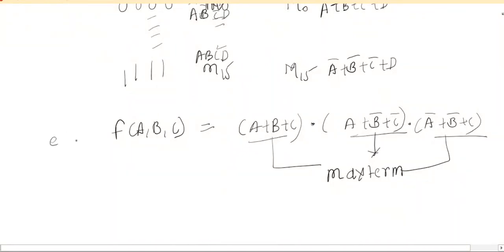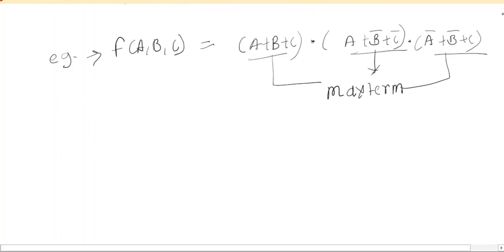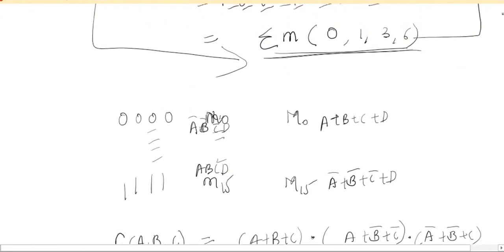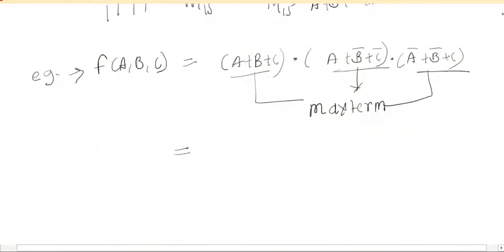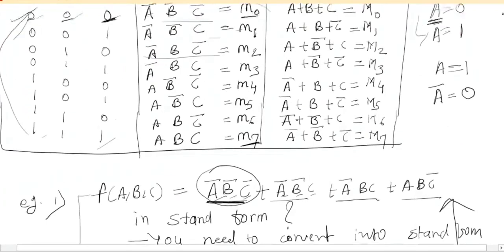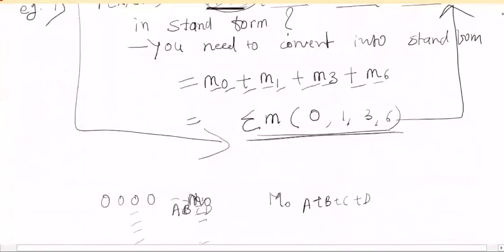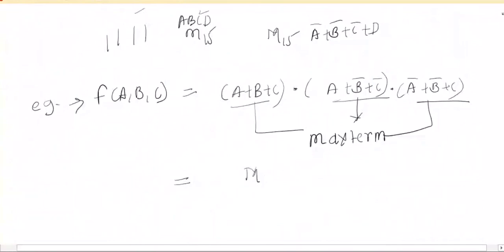Clear? Now again check whether the expression is in the standard SOP or POS form or not. If it is not in the standard POS form, then you have to convert it. But here in this case, I have taken a standard POS expression. Then, as it is a standard POS expression, what is my next step? Same as the SOP form, same as the example we solved earlier. So what we need to do now? Check the max term A plus B plus C. Find out the M notation for this max term. What is the M notation for A plus B plus C? This is M0. So write down here M0.